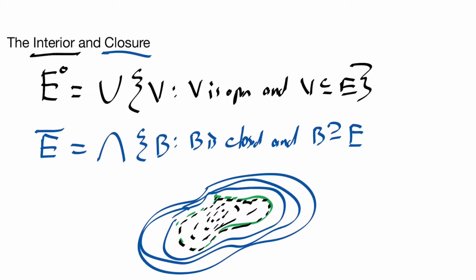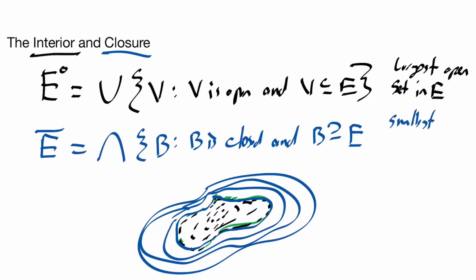And since we're taking intersections, the intersections get smaller, and eventually we get that intersection that just closes it. So E closure is like the smallest closed set. So one thing you could think of is this is the largest open set in E, and this is the smallest closed set around